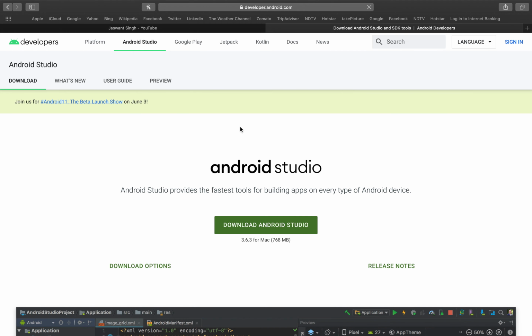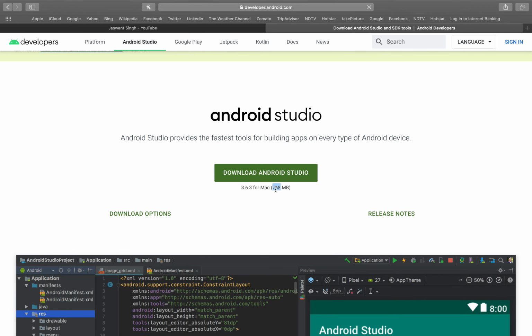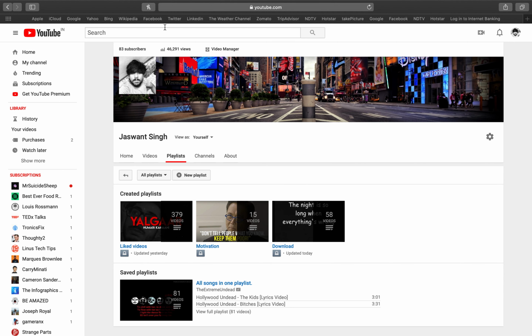From this page, you can download Android Studio. After you download, make sure you have a good internet connection, because it's saying that it's 768 MBs, but when you run your first project, it will download extra GBs of data that can extend up to 2 to 3 GBs. I have already downloaded it, so I'll skip to the next step. I'll fire up my Android Studio now.